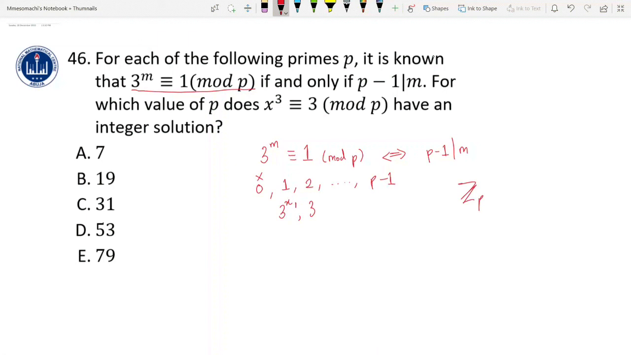So each of these can be expressed as a power of 3. Now it means we can apply that here. We can express this x as a power of 3. So let's say 3 to the power of k is congruent to x